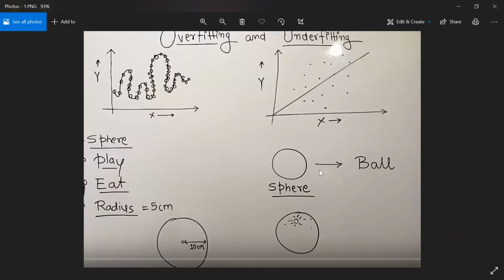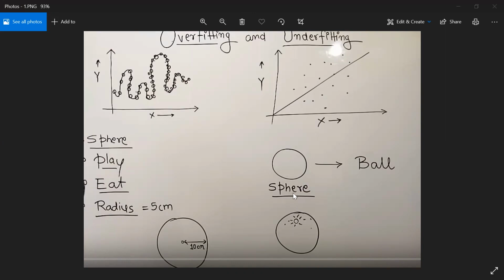Let's say I have a training phase. I feed only one attribute. The object is spear shaped at the training phase. But in the testing phase, I show them an orange. So what exactly does my model predict? It's a ball, because in the training phase I mentioned spear shaped. So definitely, is it a proper classification or a misclassification?